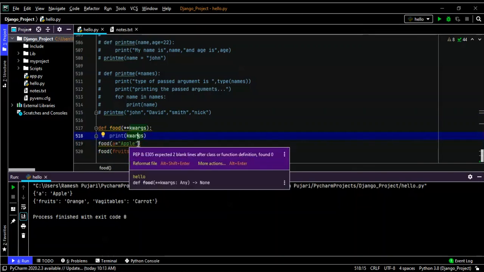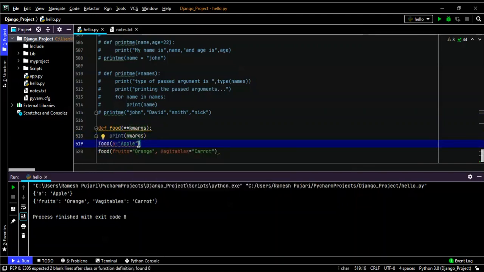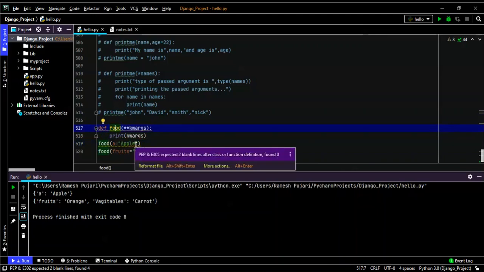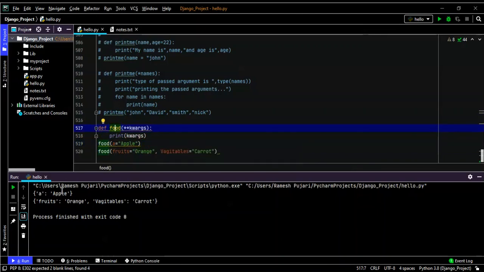I'm passing the argument a is equal to apple. When I call this function, that many arguments will be printed depending on how many you pass, in the form of key value pairs. This is the class of dictionary, whereas variable length arguments are the class of tuple.